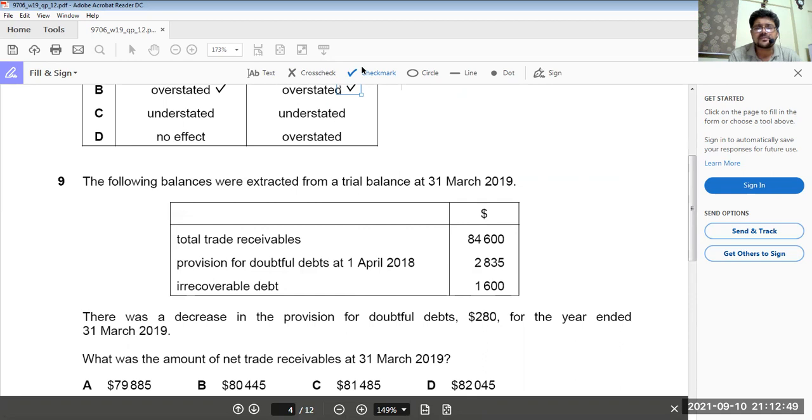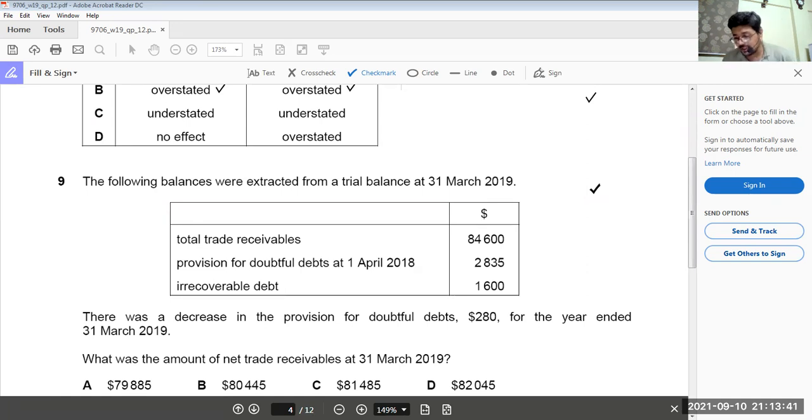84,600. Okay. Now, trade receivables 84,600. Provision for doubtful debts on 1st April 2018, 2,835. Irrecoverable debt 1,600. There was a decrease in the provision for doubtful debts of 280 for the year ended 31st March 2019. What was the amount of net trade receivables on 31st March